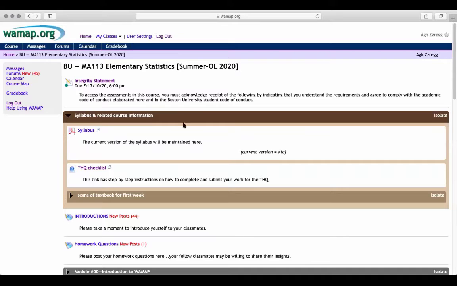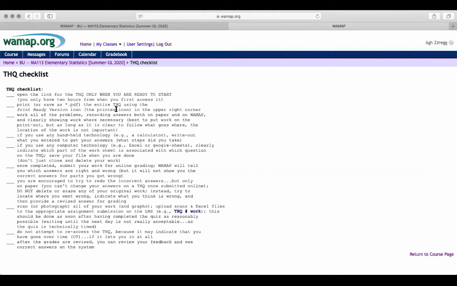When you're in WAMAP, in the brown folder, there's a file called take-home quiz checklist. If you click on this, it will bring up a page that gives you a checklist that details the steps that you should walk through when you're actually taking the take-home quiz. I'm pretty much going to be following these steps, but I strongly encourage you when you do the first take-home quiz to print this take-home quiz checklist or have it very nearby so you can quite literally go through and